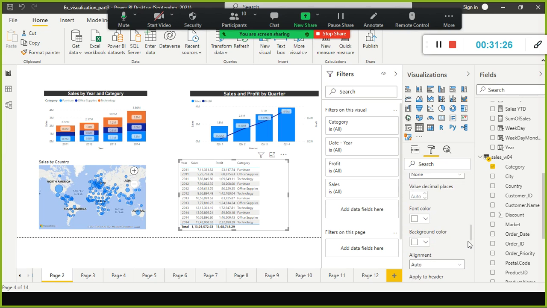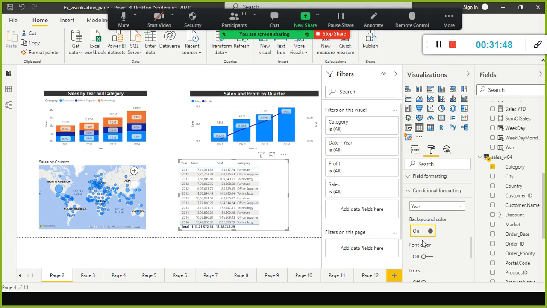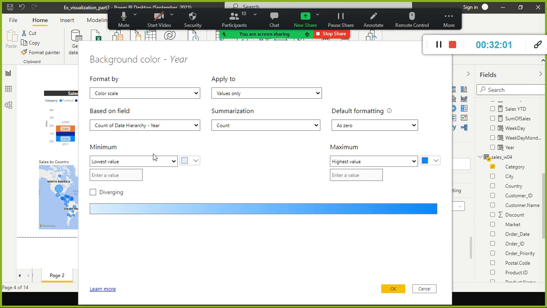In conditional formatting, here we have a year, and off, on, we can give the background color on. It automatically opens this box. Here you can do some kind of color coding.